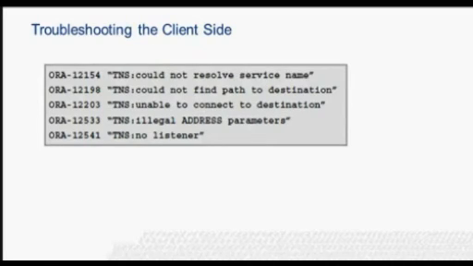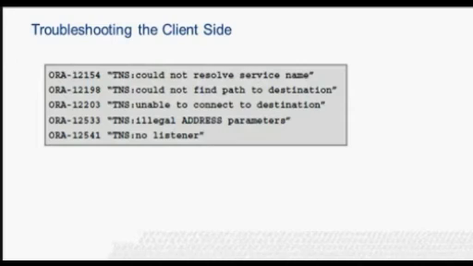Causes: the client cannot find the desired database. Actions: verify that we have correctly entered the service name of the database we want to reach. Verify that the service name and address parameters in the connect descriptor of our tnsnames.ora file are correct. Verify that the listener on the remote node has started and is running. If not, start the listener by using the listener control utility.